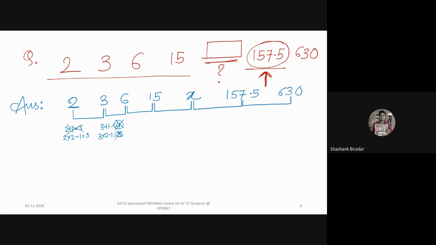So this logic went wrong, right? Then how can you think of it? Because 3 multiplied by 2 is 6, but here again 6 multiplied by 2. So that logic is not applicable over here. You have to think in a different way so that you could establish the relationship between 2 and 3, and the same has to work with 3 and 6.